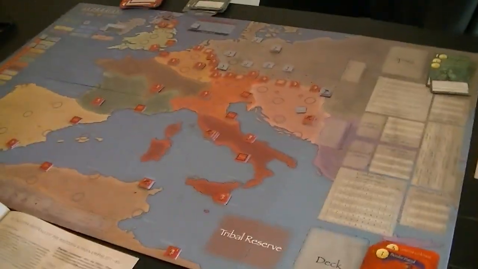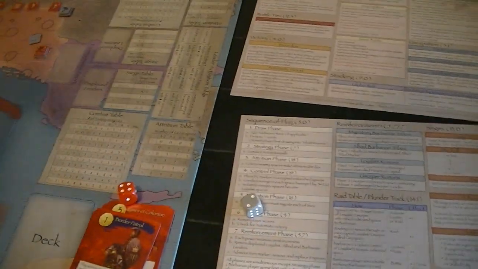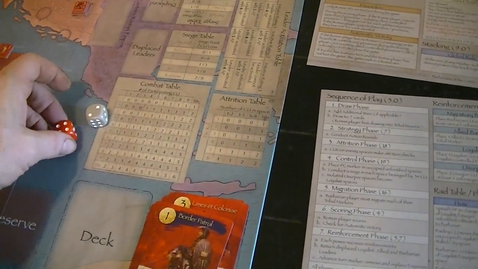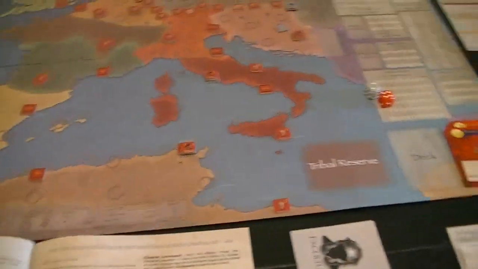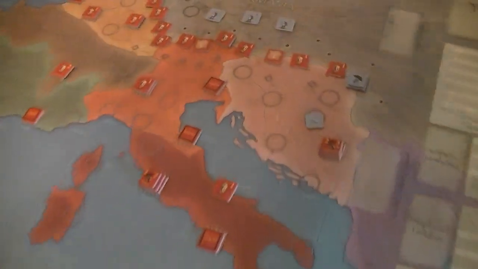The Romans don't have any advantage, and they can't intercept. There's no leader up there. But we're both on the 1 table. 2 on the 1 doesn't do anything. 4 on the 1 will kill the Barbarian. Alright, that's 1 of my 3 raid activations, or 3 OPs for raid activations. My second one,